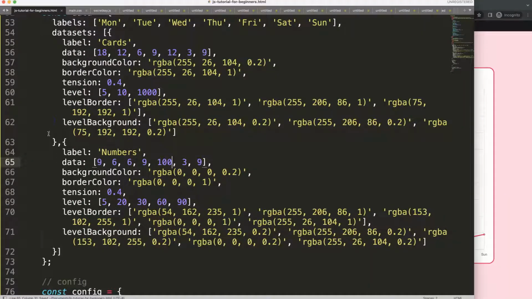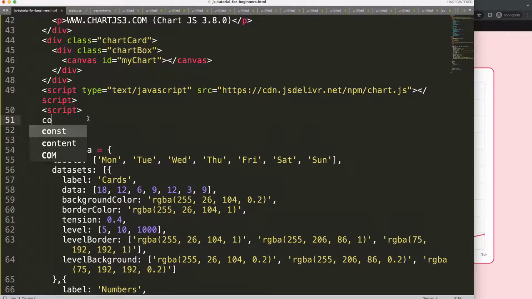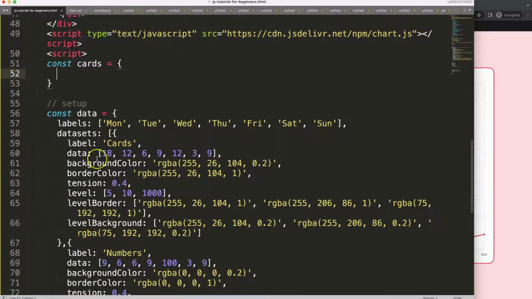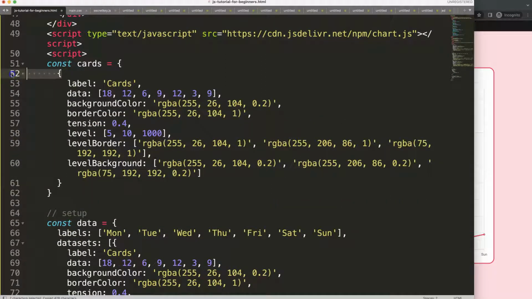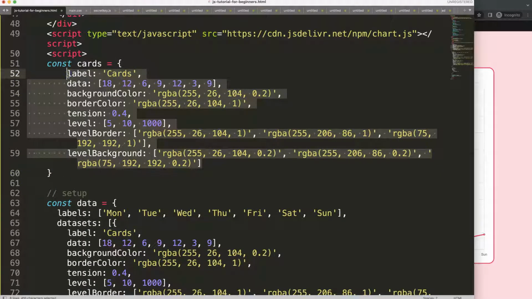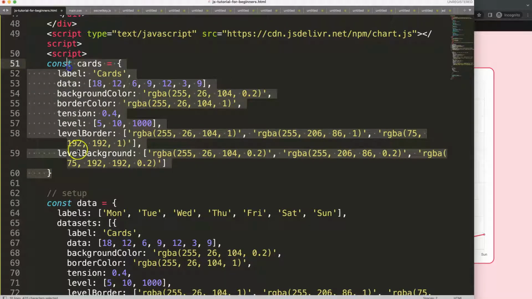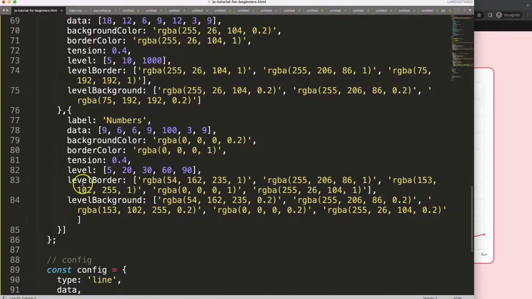There we are. Alright, so now we have this, and basically what we need to do eventually is this here should be an independent data set. So I'm going to create here just two separate constants. One will be, let's say, cards. And the cards will have this item here. Let's copy all of this, put it in there, remove this excess, and then remove all the excess tab. There we are. So when you have the first one, semicolon here, next one will be the second item,